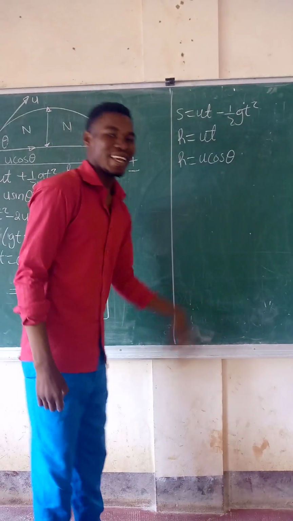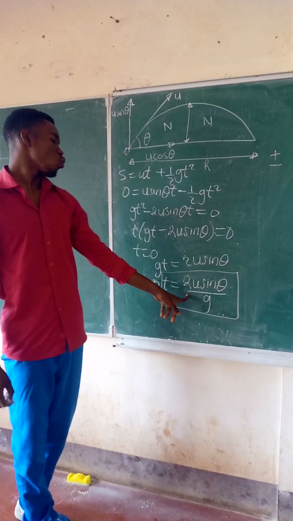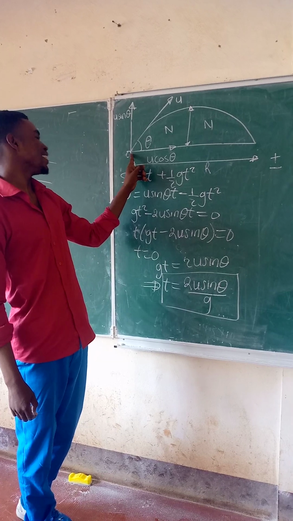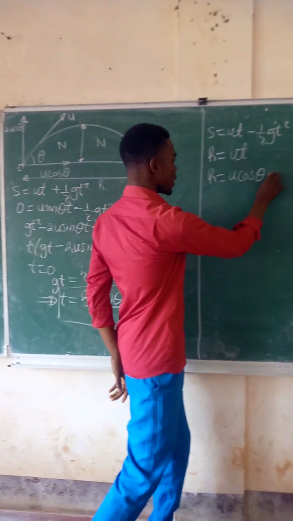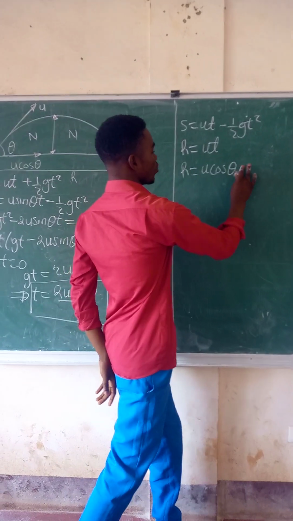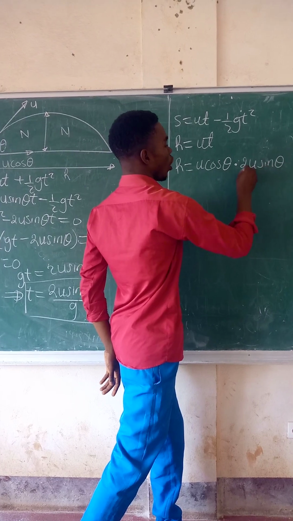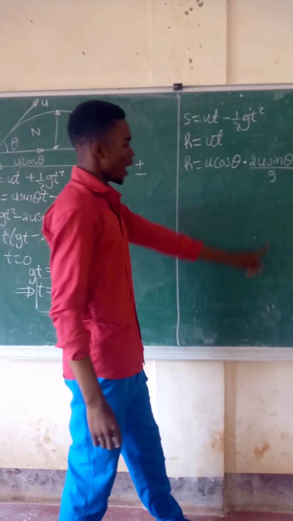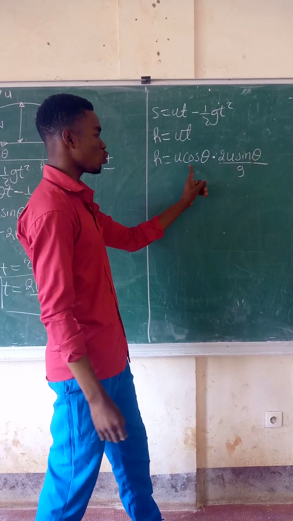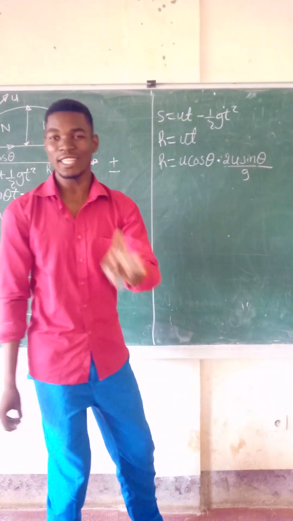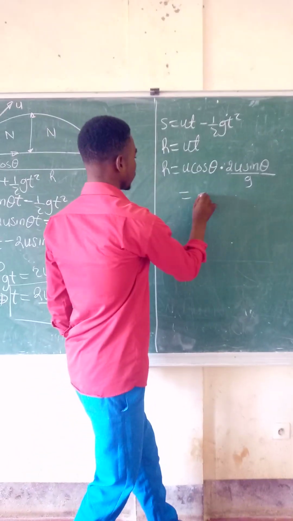What is t? t is the time taken for the projectile to leave its initial position till its final position. So it is going to be times what we got initially, 2u sine theta all over g. As I see 2 sine theta cos theta, it is sine 2 theta. And this u times u gives me u squared. So I'm going to have 2